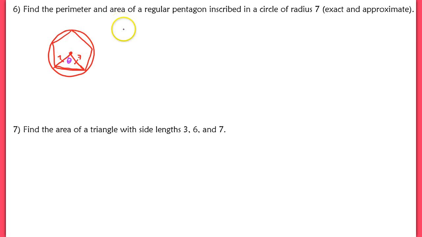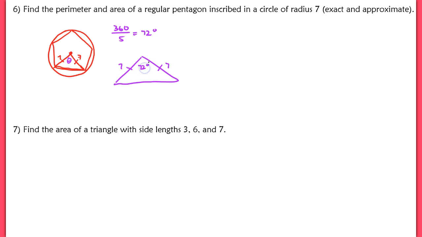Okay, to find that, remember we take 360. Since it's a regular shape, that means all of these chords are the same size, which means the arc lengths and the arc measures are all congruent. So that arc measure here, in this case, if we divide by 5, we end up with 72 degrees. So we now have a triangle, an isosceles triangle,